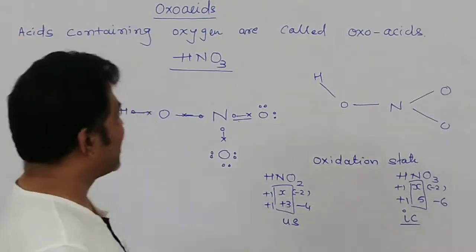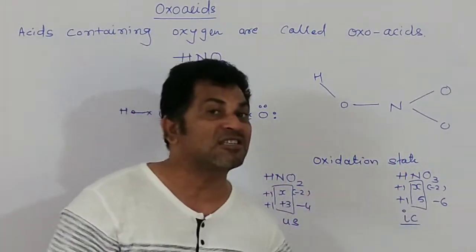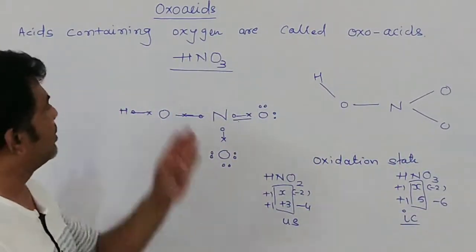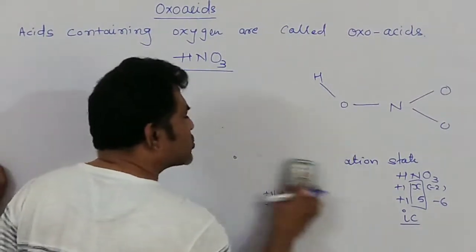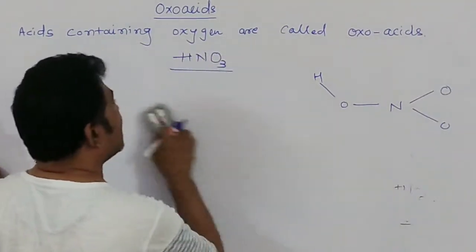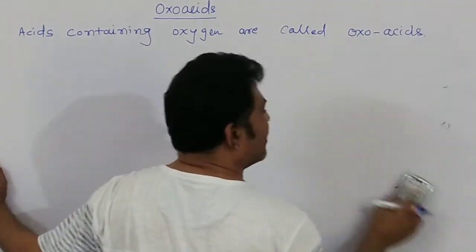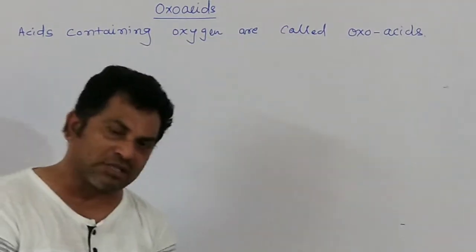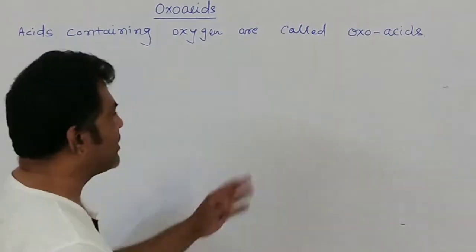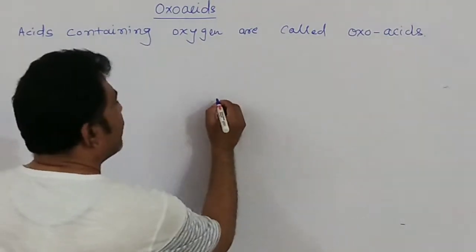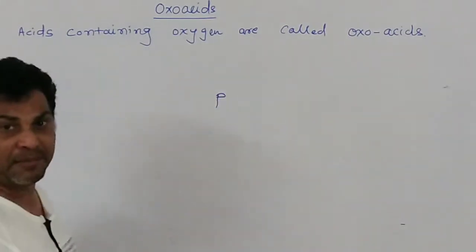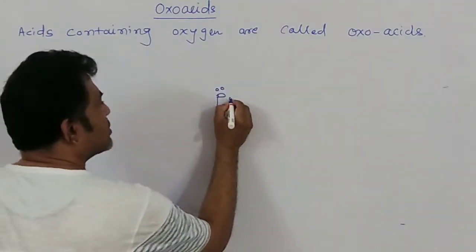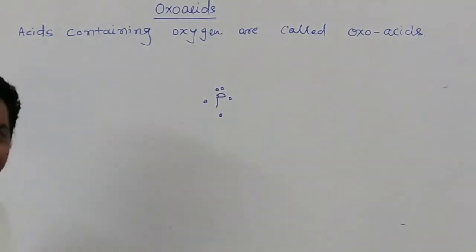So that's why I was telling, okay, first understand structure, then understand oxidation state and then give the name. So hope that you understand this nitric acid, but this is not so simple, because when we will enter in phosphorus then the entire idea will be changed, and that's why now we are entering into the phosphorus, and what is happening in phosphorus that we are going to study. So come on, let's study phosphorus. P has electronic configuration like nitrogen, and that's why double bond, single. Okay, you have this,